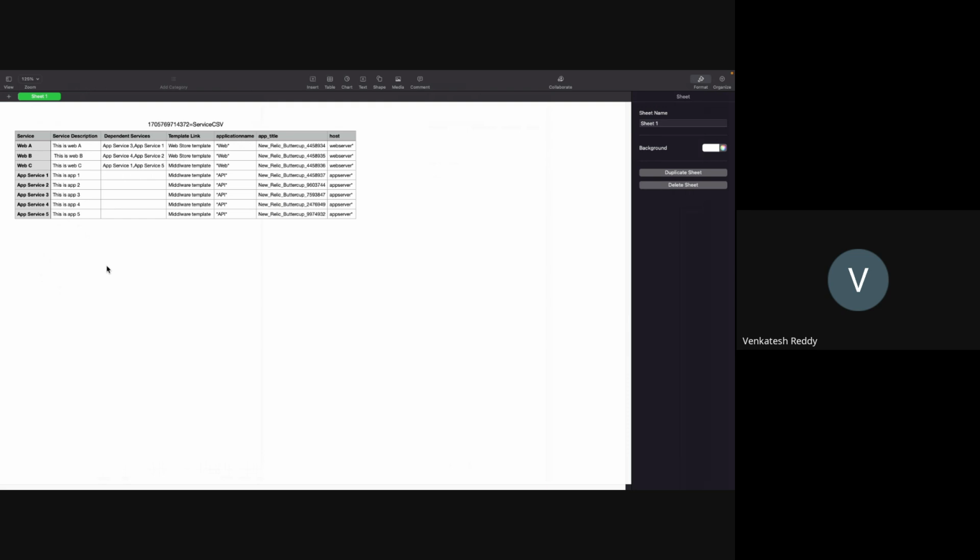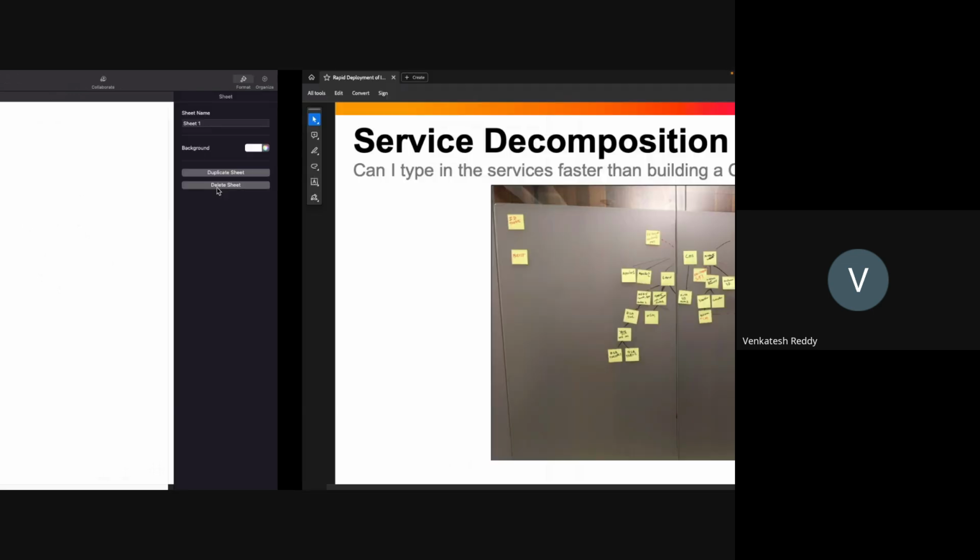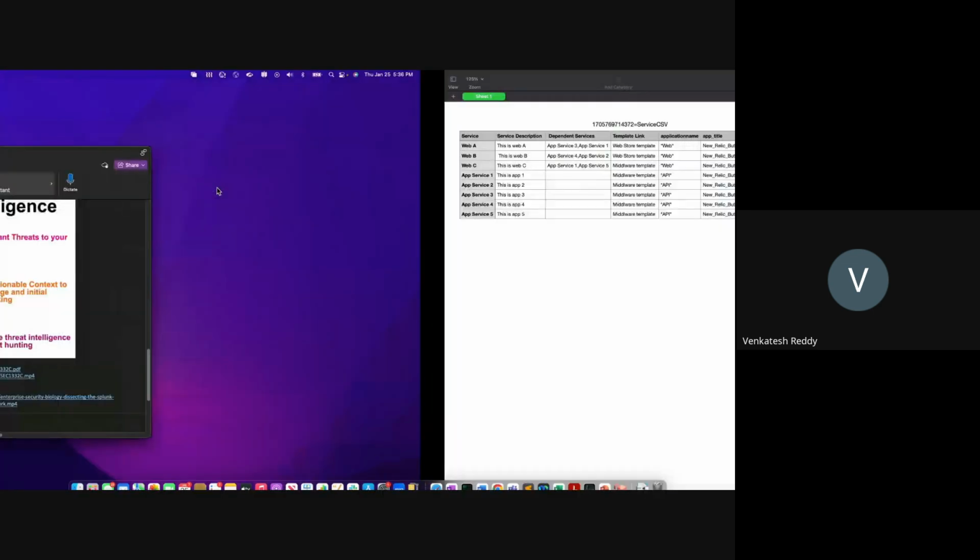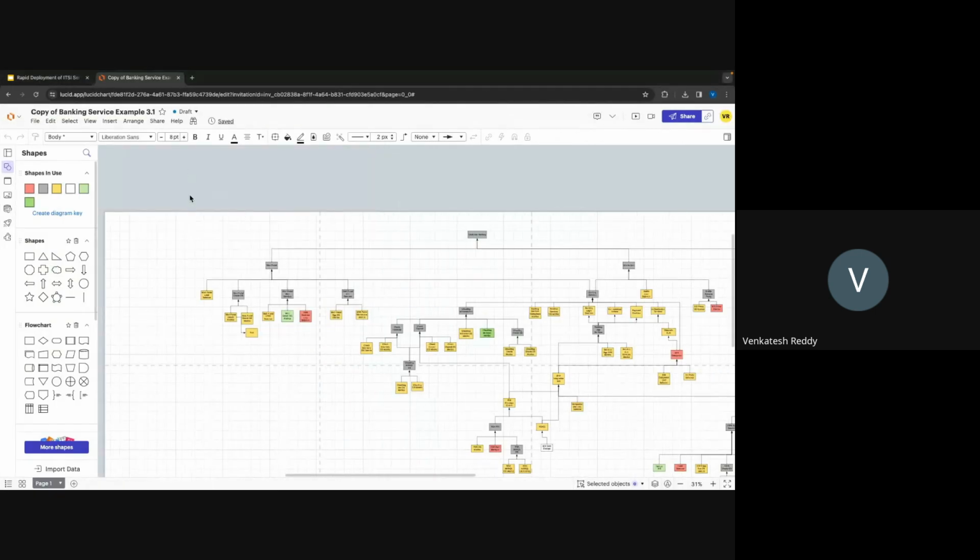So for this, we are coming up with Lucid Chat. What will Lucid Chat do? Let me go and show you Lucid Chat. Okay, so this is Lucid Chat. Whoever has access to Lucid Chat can create the same workflow diagrams here. What I'm trying to do here is create... let me zoom in.